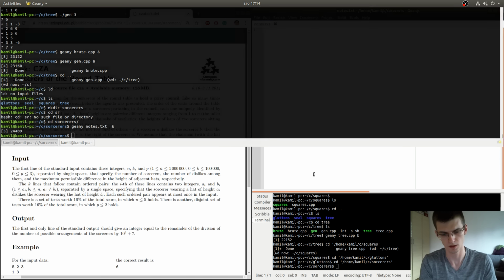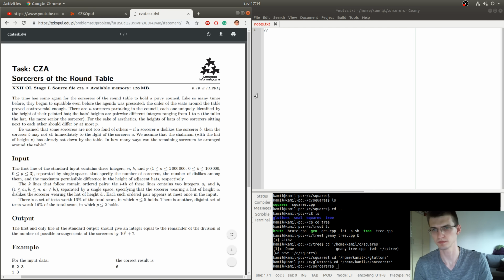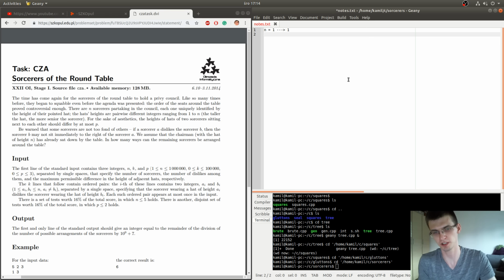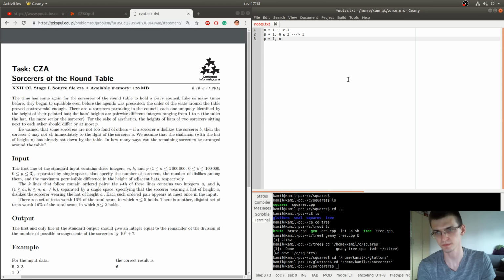So also there is p equal to 0 case. So I think if n is equal to 1, then the answer is about the number of possible orderings modulo some big prime number. If n is equal to 1, then the answer will always be 1, because no matter p, there is one ordering. We can put that one person there. If p is equal to 1 and n is up to 2, then the answer is also 1, and otherwise, so p is equal to 1 and n is big, the answer is 0.